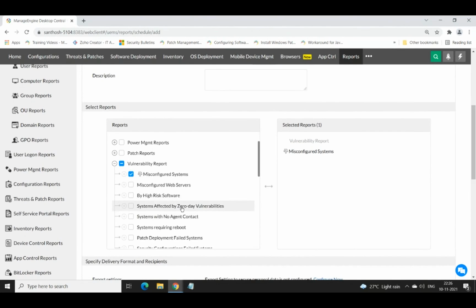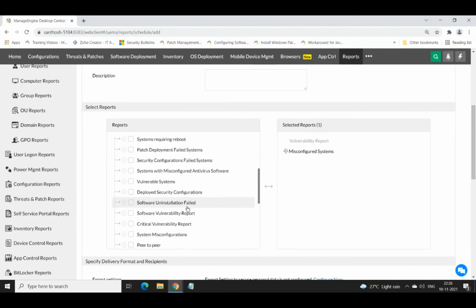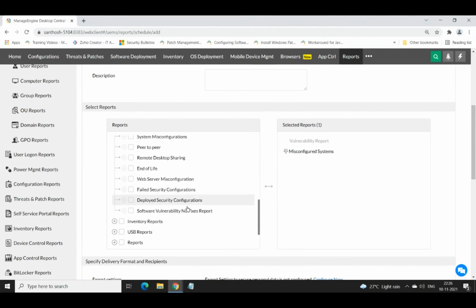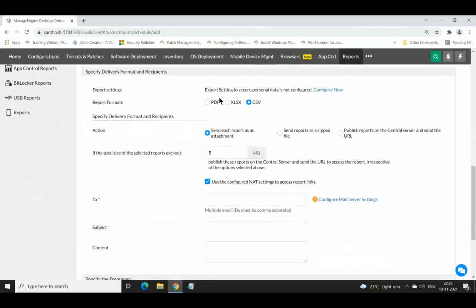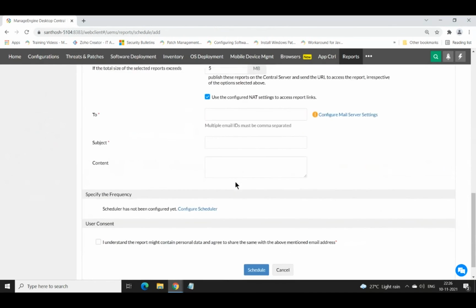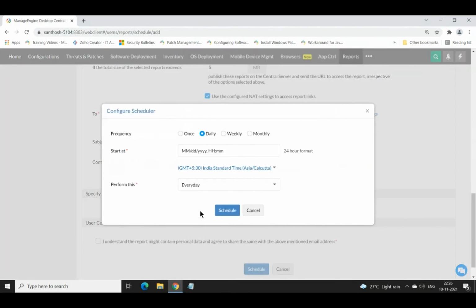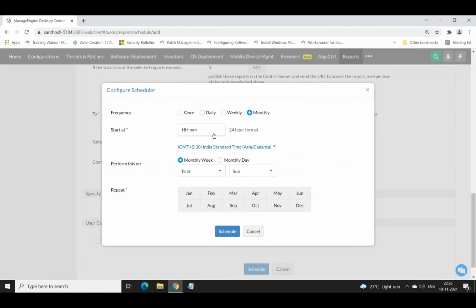Similarly, if you would like to go for systems affected by zero-day vulnerability or other categories, you can select those as well. Once you select the category report, you scroll down, and you have the option of what format it has to be sent in, what the size of the file is, to whom it has to be sent, and how often it should run. So I click on configure scheduler. For me, it's monthly, so I select monthly, and I want to see it every day when I come to work, so at 5 a.m. run the report and send it over to me. So, first Monday of every month, run this schedule,